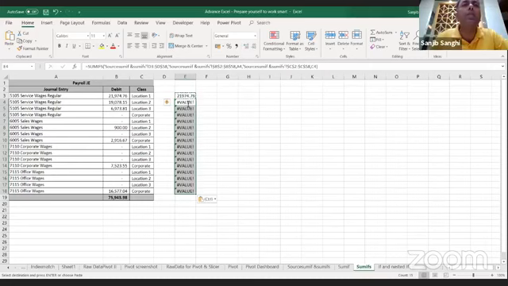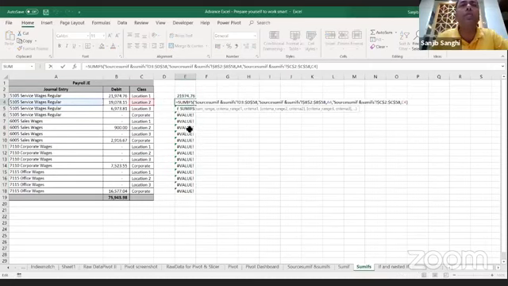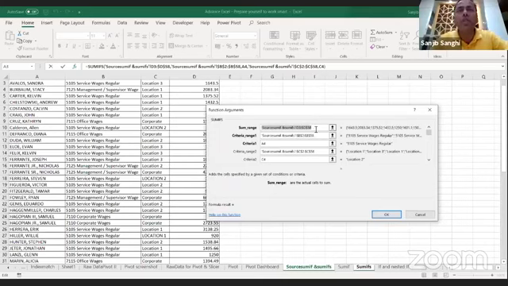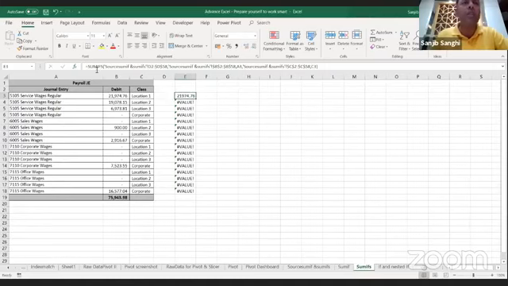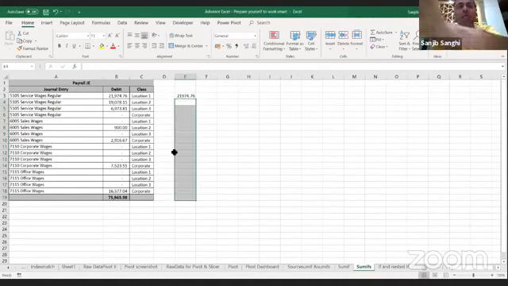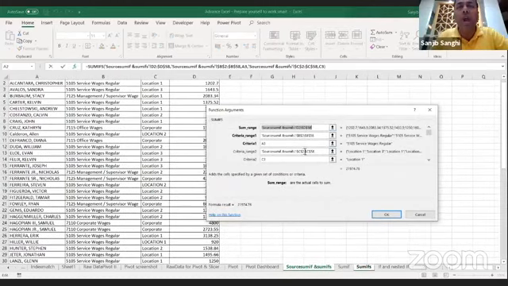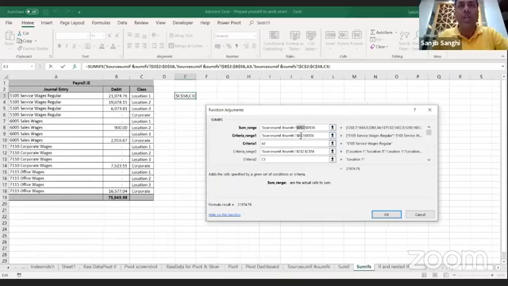Why is this not coming up? SUMIFS. Let me see the formula. So my first condition is, all right, it becomes D3. Why does it become D3? Because maybe my first one didn't have the formula right. That's the reason F4 becomes very important. If you see over here, we have all these dollar signs, but D2 doesn't have a dollar. That's why this problem happened. Good. Yes, exactly.